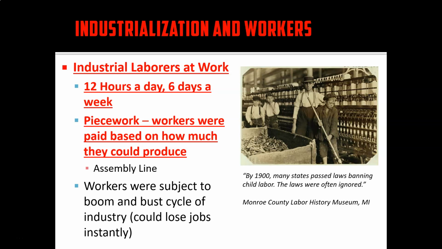This is also going to lead eventually, and we'll talk a little bit more about this with Henry Ford, to the assembly line developing in the early 1900s with the Model T Ford and the cars that Ford is going to build. Essentially, the workers were on one end or the other of the line, and you're making one piece that goes on a bigger piece, until eventually you have a finished product. So for example, if it's a car and this chassis is moving down the line, I might be the guy that puts the left front wheel on, and I'm always putting left front wheels on. That's what I'm doing all day.